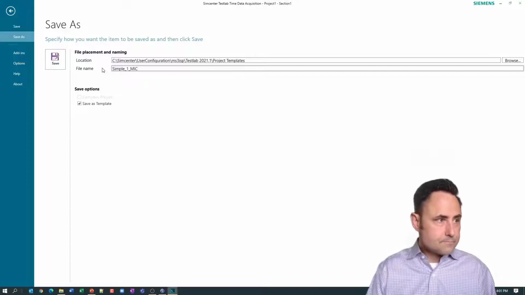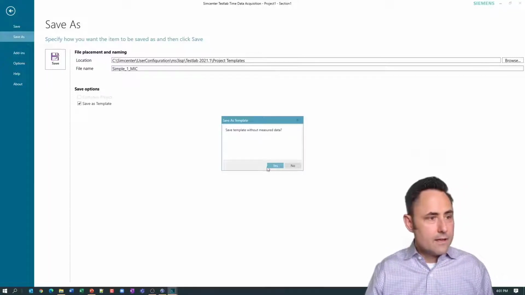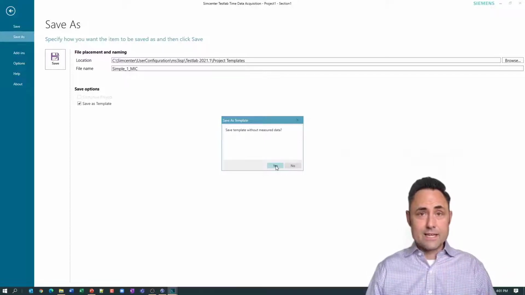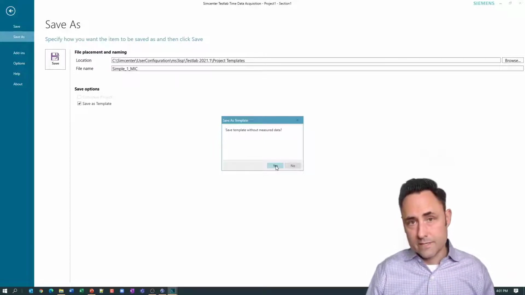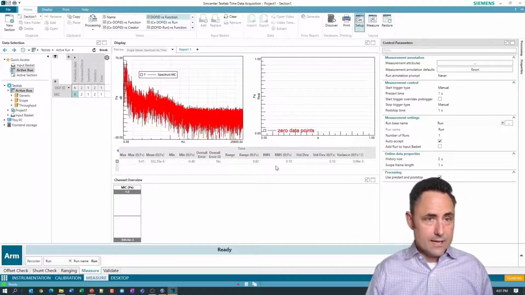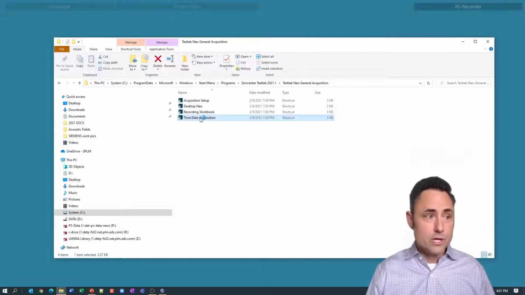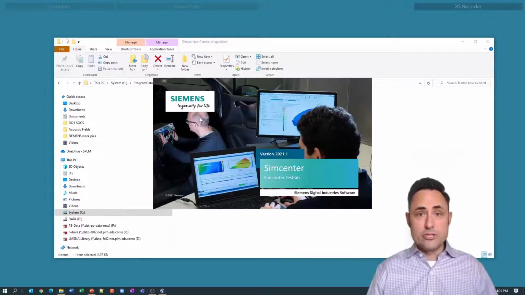Okay, and I save that without any measured data because I don't have any, and even if I did, I wouldn't want that to be part of the template. Now I'll exit TestLab, and I'll go right back in, and I'll show you how easy it is to acquire data using that template.